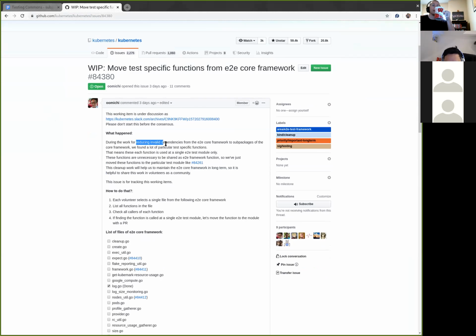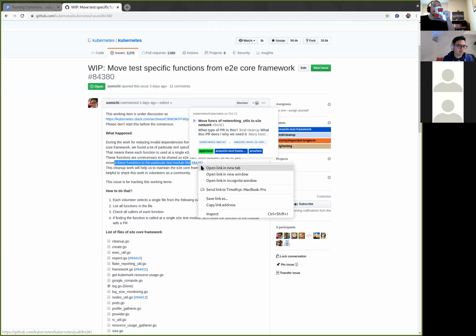During the work of reducing invalid dependencies in the end-to-end core framework to subpackages of the core framework, we found a lot of particular test-specific functions. That means that each function is used in a single E2E test module only. These functions are unnecessary to be shared in the end-to-end test framework. So we've just moved these functions to a particular test module like this.